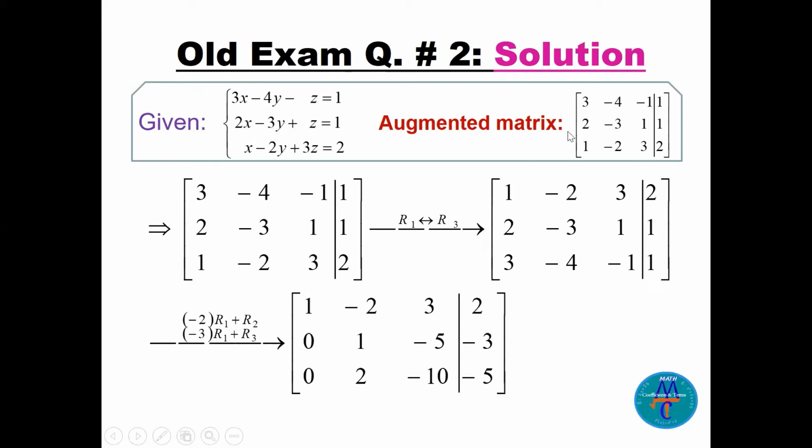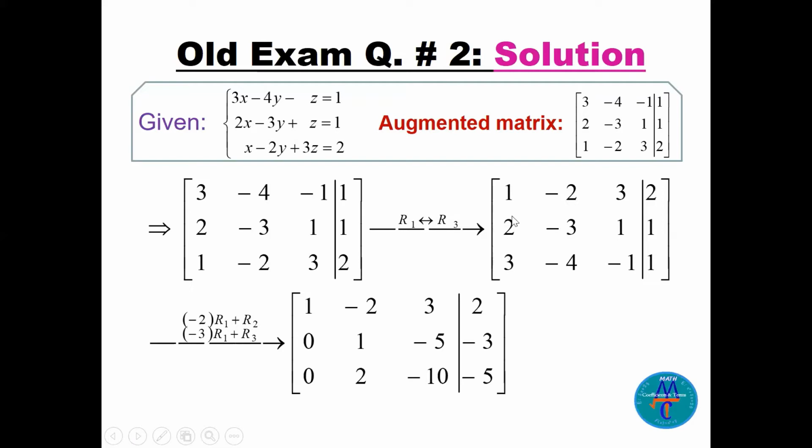I need the first number here on the top to be 1. So I can interchange row 1, row 3. So 1, minus 2, 3, 2 will be in row 1. I take row 3, and row 1, 3, 2, 1, minus 4, minus 1, 1, I put it there in row 3. Now I have to change, as I have seen in the lecture,